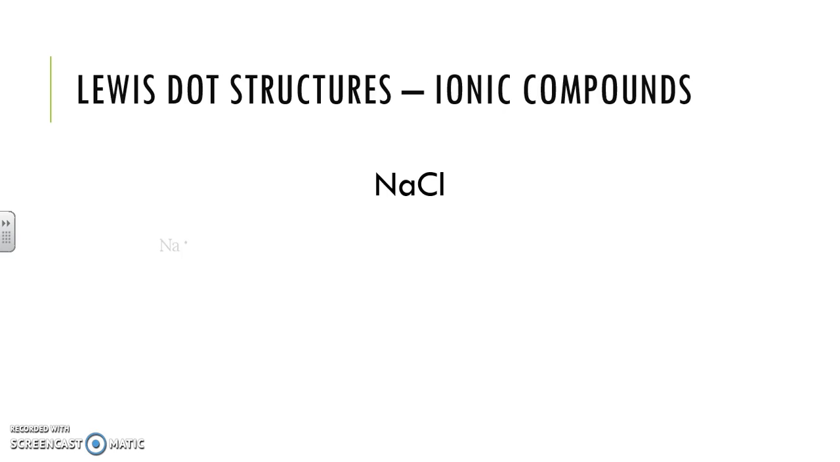So we start drawing. First, we start off with Na. Na, because it's an alkali metal, has one valence electron, so it gets 1 dot. Chlorine, because it's a halogen,